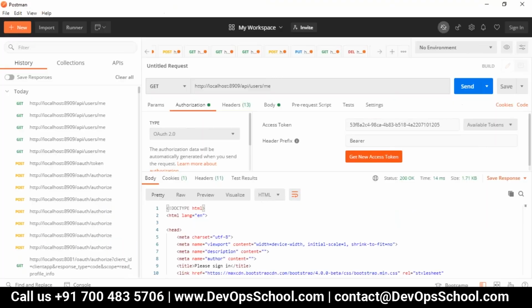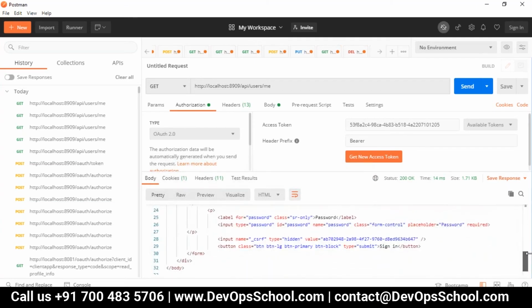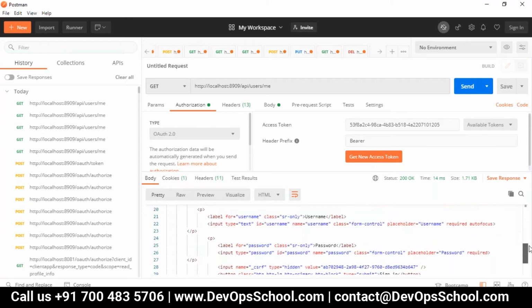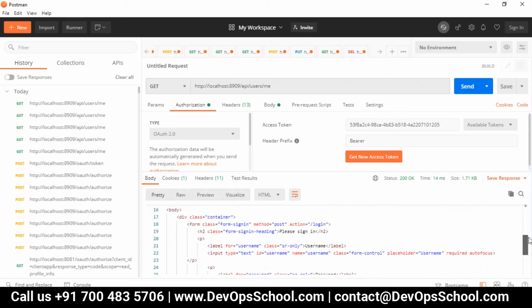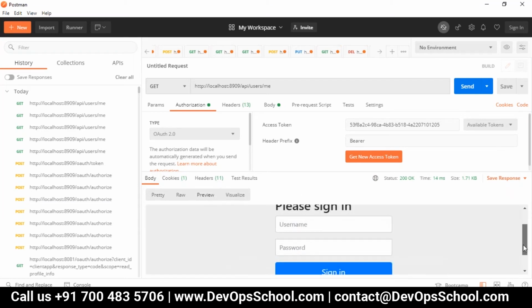If you see here, after that I'm showing that the status is 200. Okay, you are able to get it. It is asking again for a username and password. So if you log in with your credentials, it is able to allow access to your data. If you go to preview, you can see here, now you access with your username and password, Shweta 23456, and then sign in.